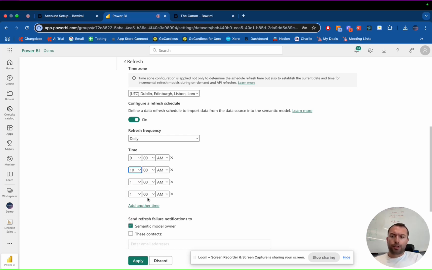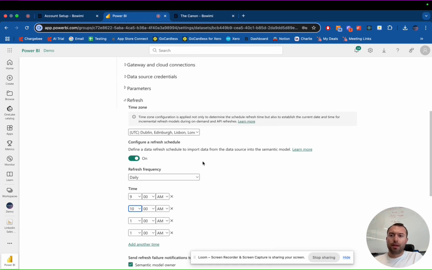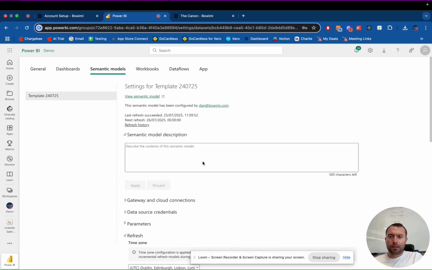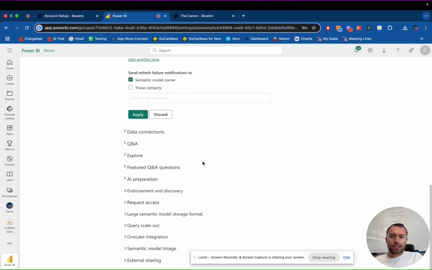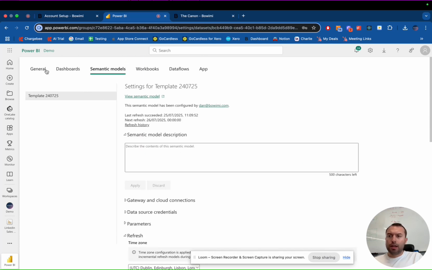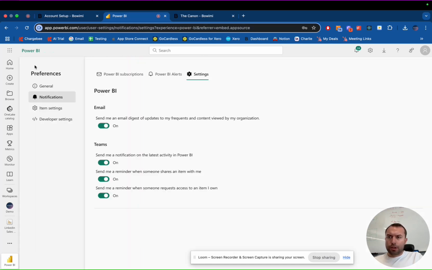But the data refreshes very quickly anyway. So if you just wanted to refresh the data when you're looking at the report, that's also fine because it refreshes quickly. So these are the options that you have. You can configure your refreshes here, and that will just mean that your data is just naturally very up to date as soon as you open the report. So now we'll just go back